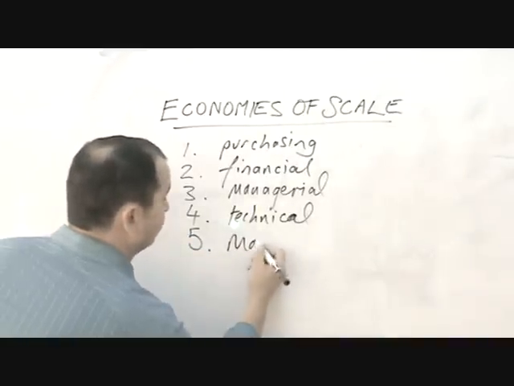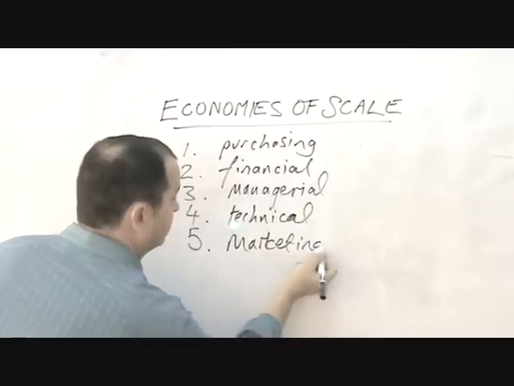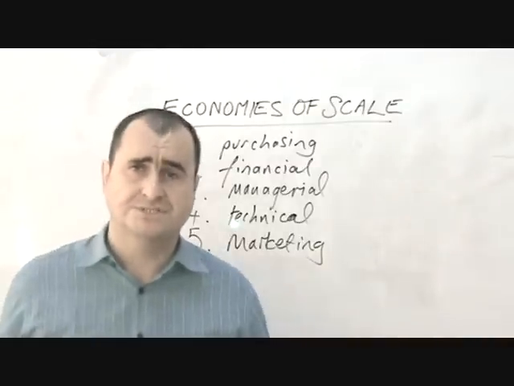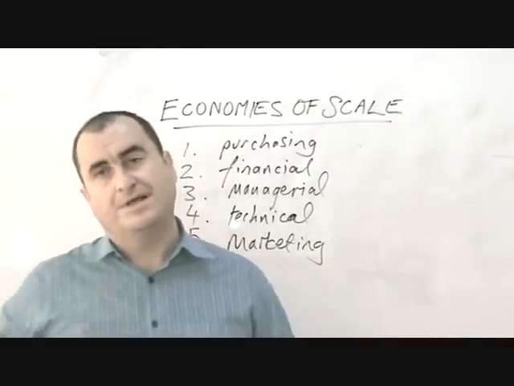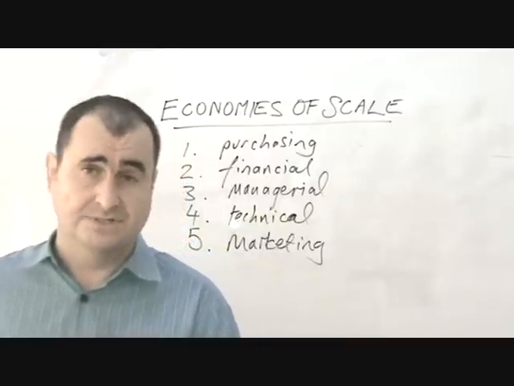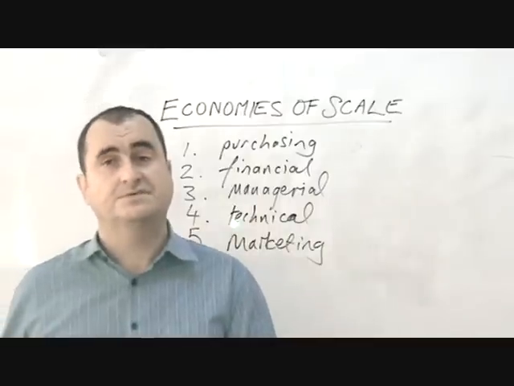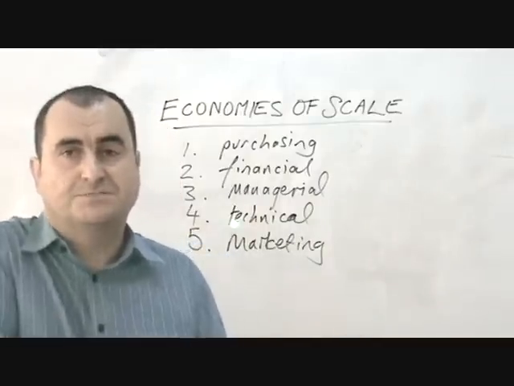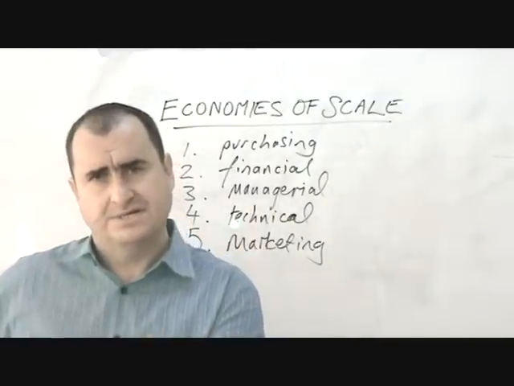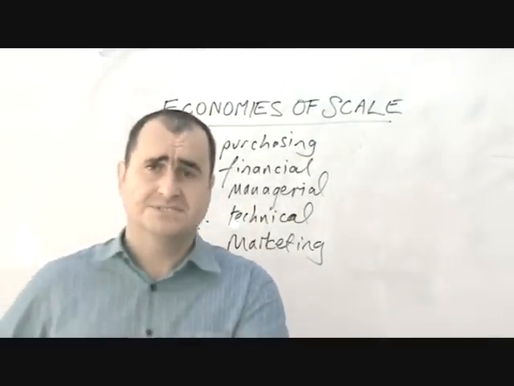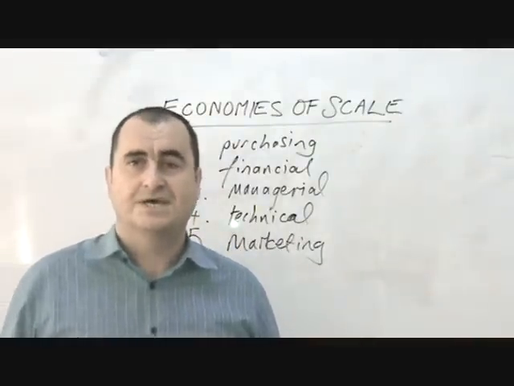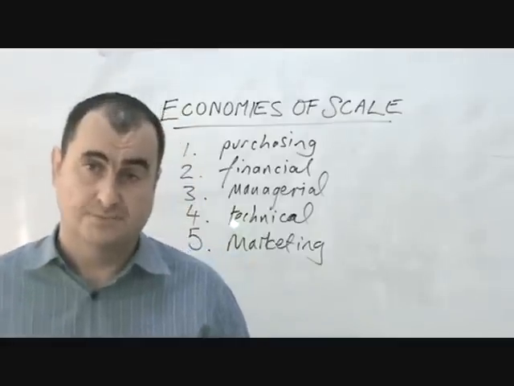Finally, marketing. Large businesses are able to spread the cost of marketing over a larger quantity of sales and therefore get more effective marketing while impacting price per unit less significantly. Alternatively, if a small business and a large business both decide to include 10% of price as a marketing cost, then the big business, selling many thousands more of the units, can afford a better quality and a more effective